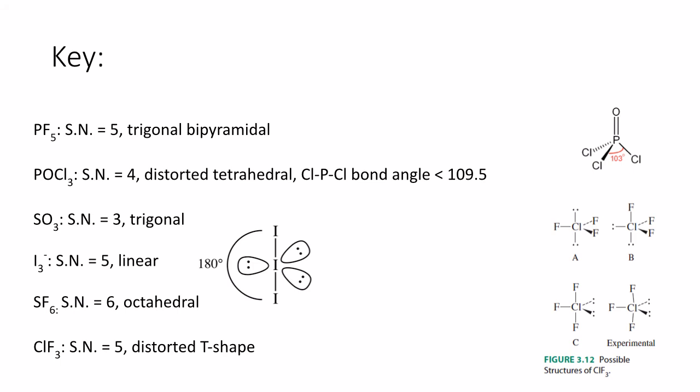So 7 minus 2 plus 1, so that's 6, divided by 2, that's 3. So 3 lone pairs and 2 ligand atoms, steric number equals 5. So that would be trigonal bipyramidal. Now there's a question of where do you place the 3 lone pairs relative to the 2 iodine